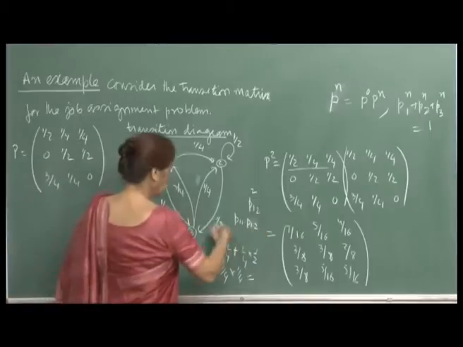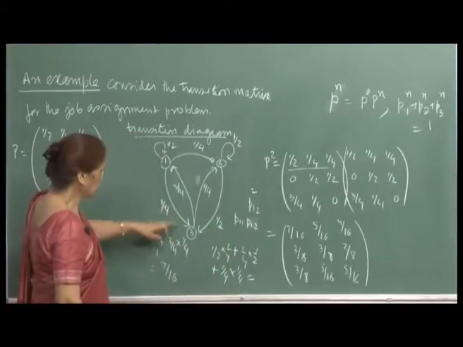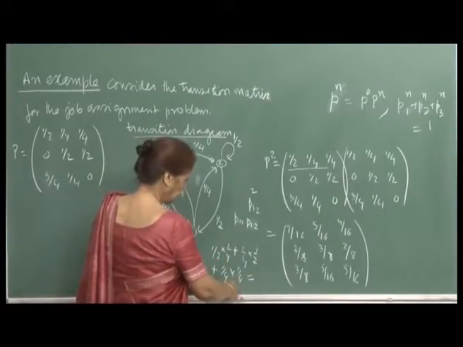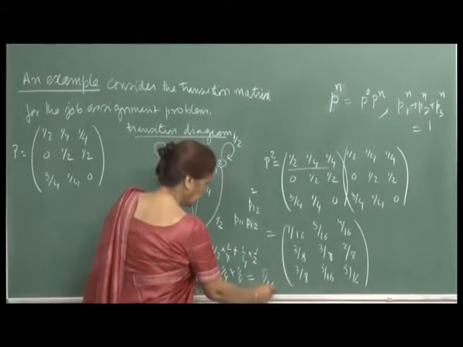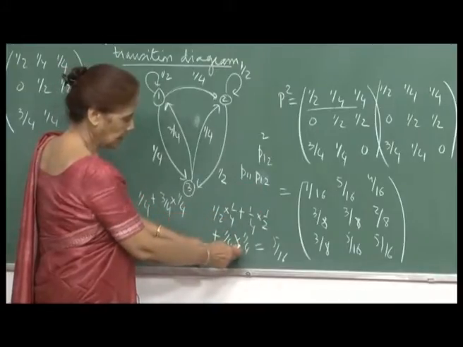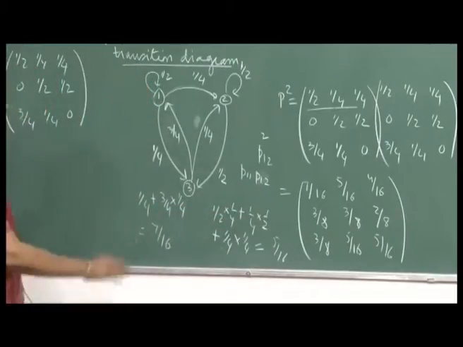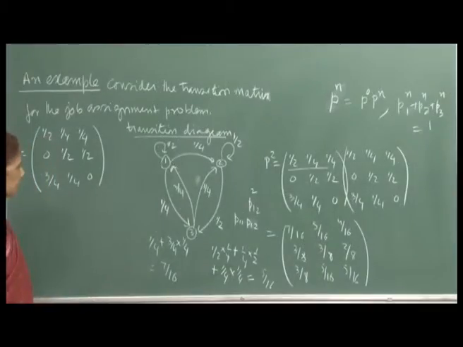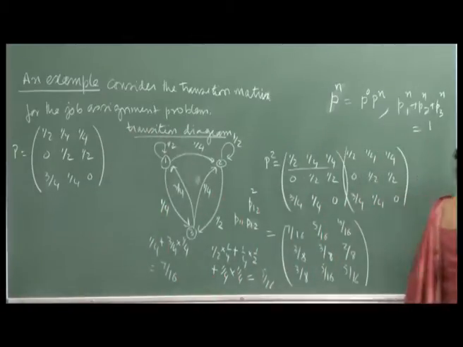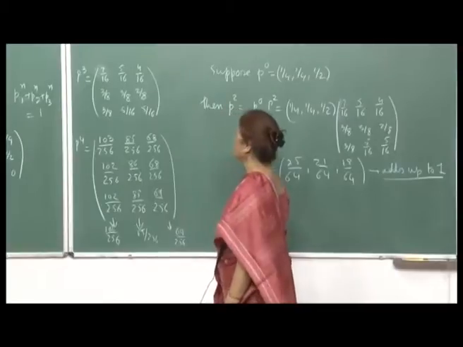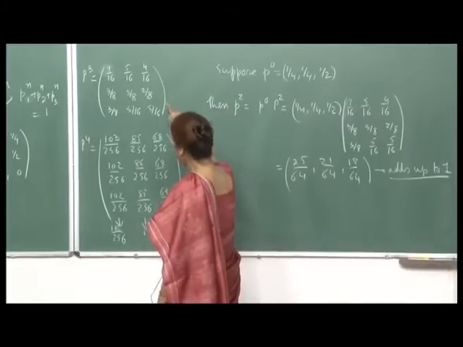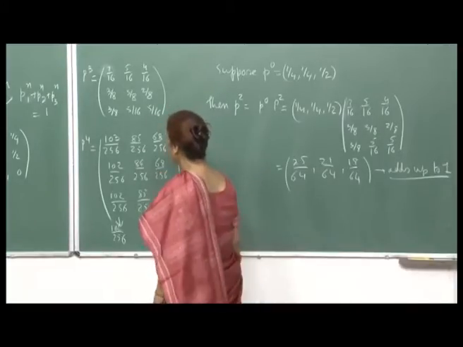So, as it is such a small example, I could miss out on the path 1 to 3 and 3 to 2. So, that will give you now 1 by 8 plus 1 by 8 plus 1 by 16. 1 by 8 plus 1 by 8 will be 1 by 4, so that is 4 by 16 plus 1 by 16, which is 5 by 16, right. So, anyway, you can now interpret all these probabilities by looking at the paths. Now, I made further computations, took powers of P. So, P3 comes out to be this,